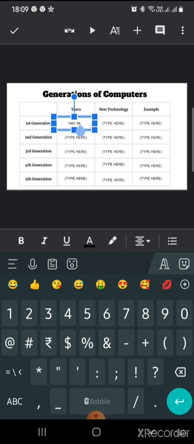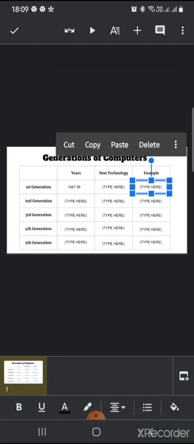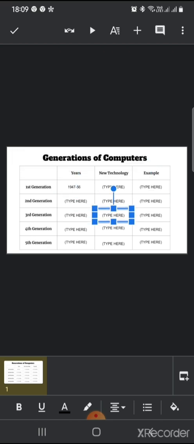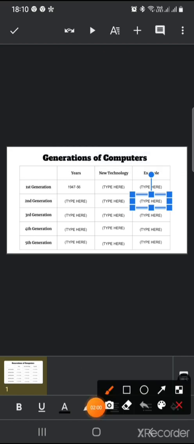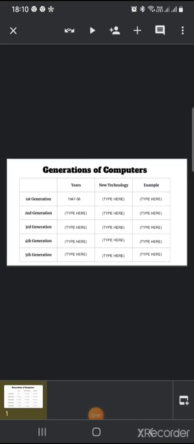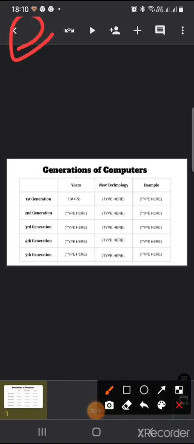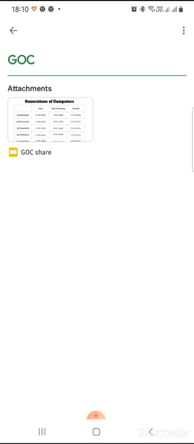With this you just tap each cell, and here you will type the technology, here you will type the example, and you have to do each cell. At the end of it just click the tick mark on top. You see this small tick mark in the corner. After you have done the filling, just click the tick mark and this particular file will be saved. After you are done, just click the cross mark after the tick mark. It will turn into a cross mark. Just click the cross mark here and again the cross mark, and come back to the classroom. After you press the tick mark, the work will come to me and it will be submitted with me.